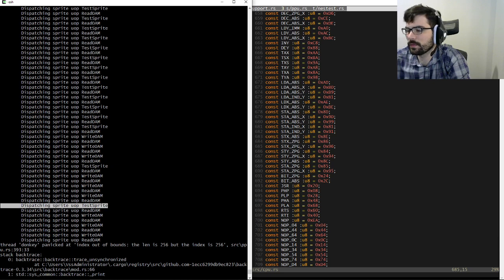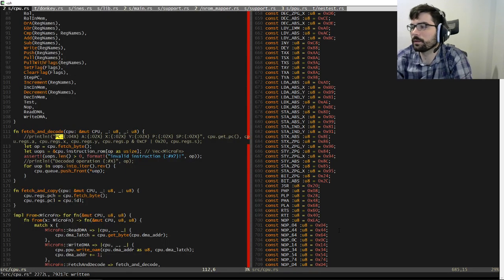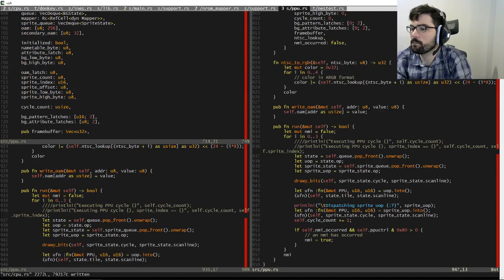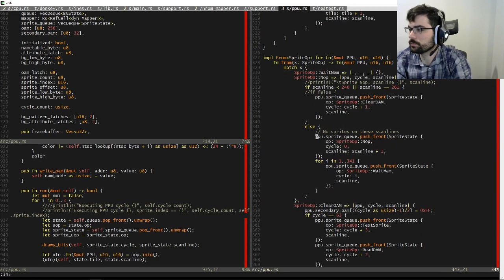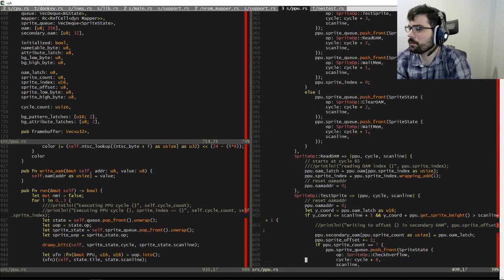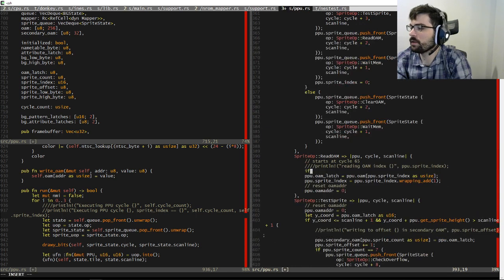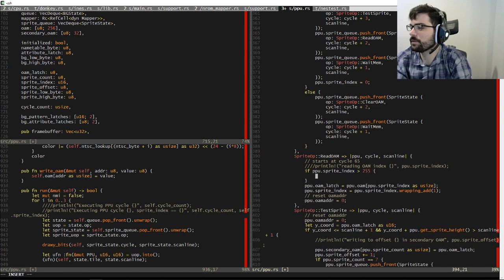So the test sprite, that what that was? No, 393. All right, so here's what we're gonna do. If PPU.sprite index is greater than 255, print line: sprite index is whatever it is, sprite count is whatever it is, sprite offset is whatever it is.